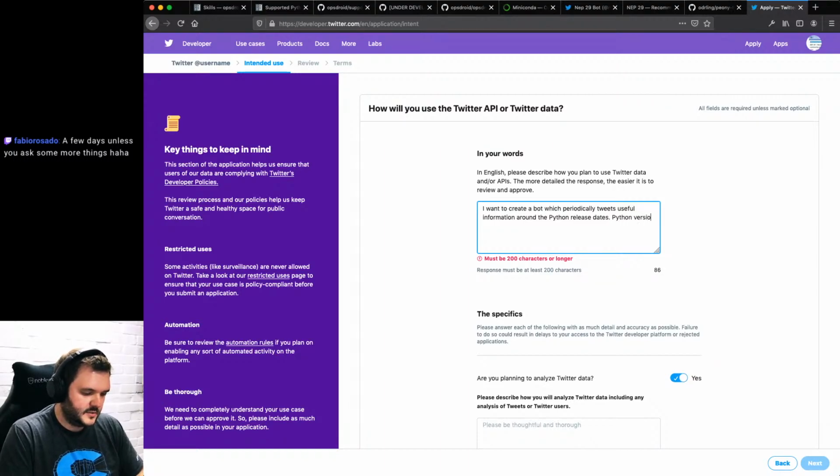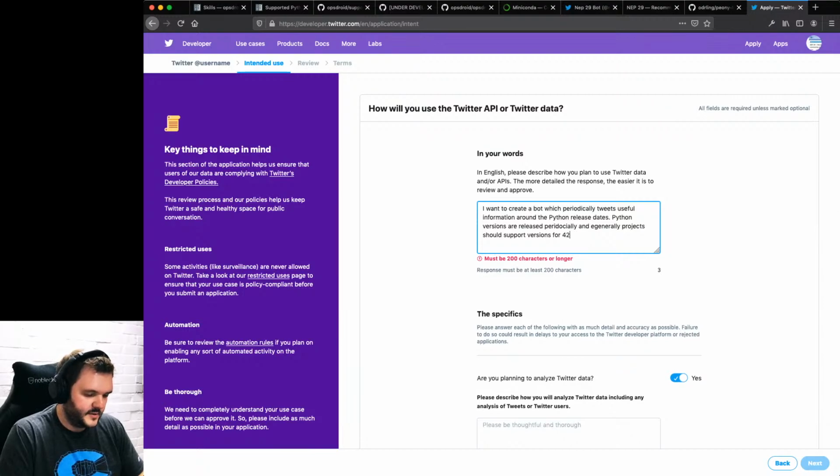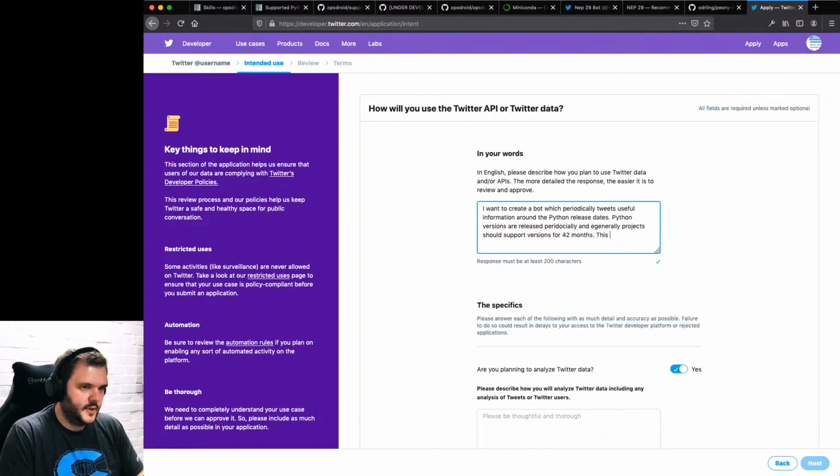Python versions are released periodically, and generally projects should support versions for 24 months. No, it was 42 months. This bot will remind people when they need to remove support for old versions.